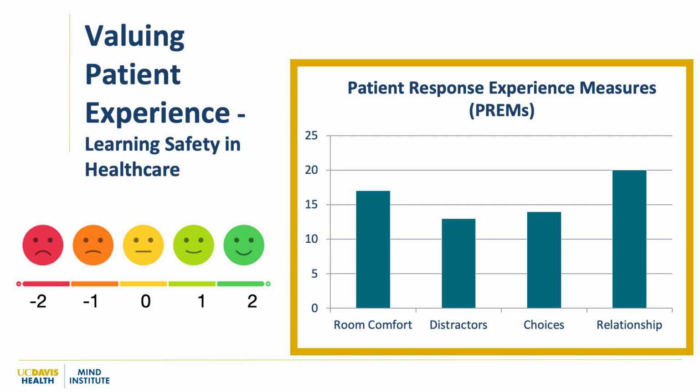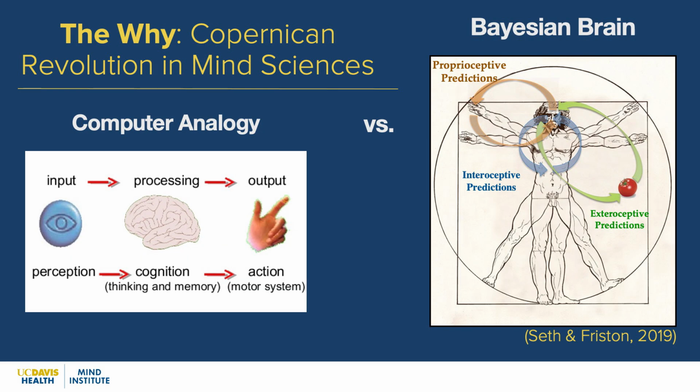Choices, even. You think, oh, autonomy is always good. Maybe, but maybe they don't want to choose too many things because it adds more distress for the patient. However, every single one of the patients that I sampled, 100% of the sample, 10 kids, said that the relationship building was the most successful part of getting their procedure done successfully. So I want to go into why this might be the case and really introduce you all to, well, hopefully